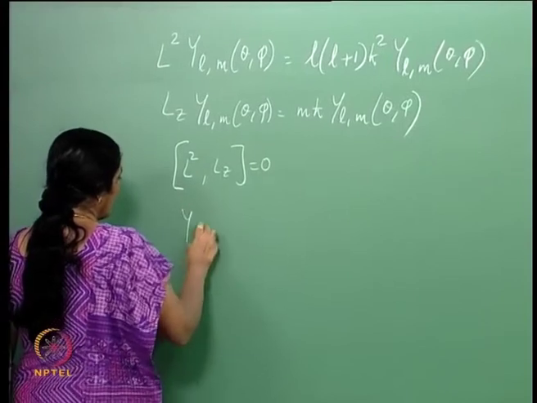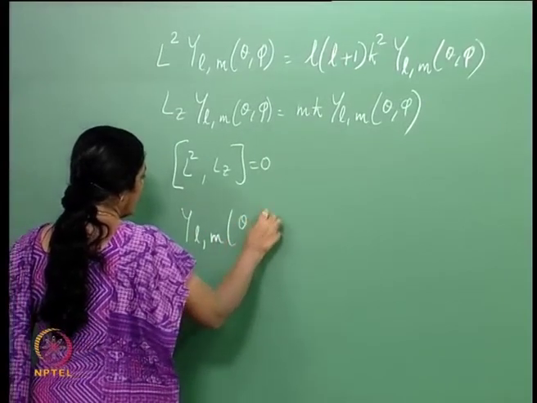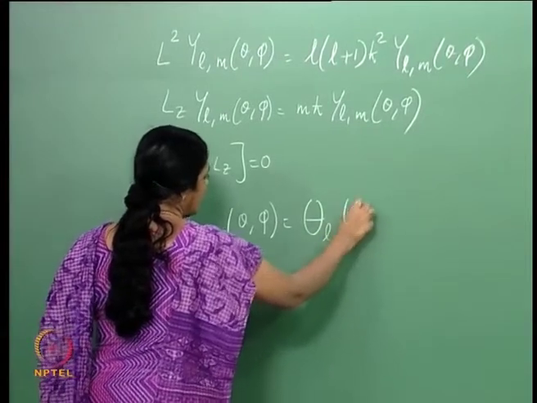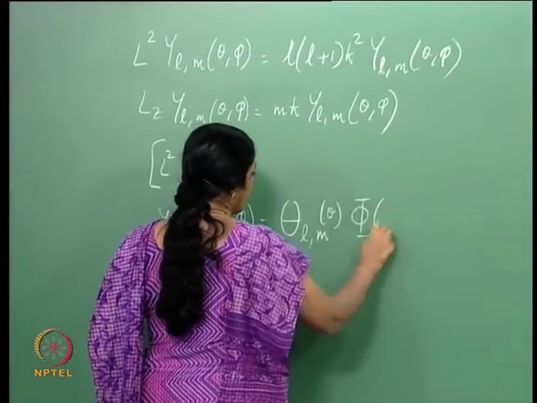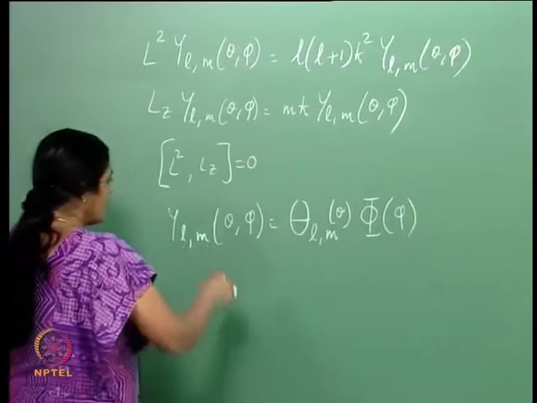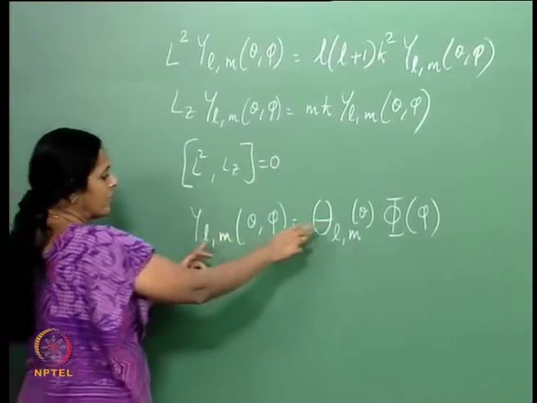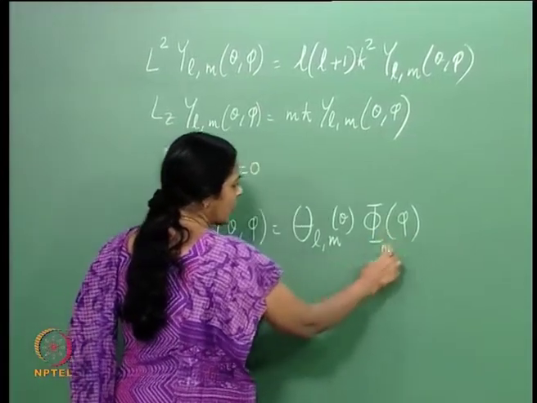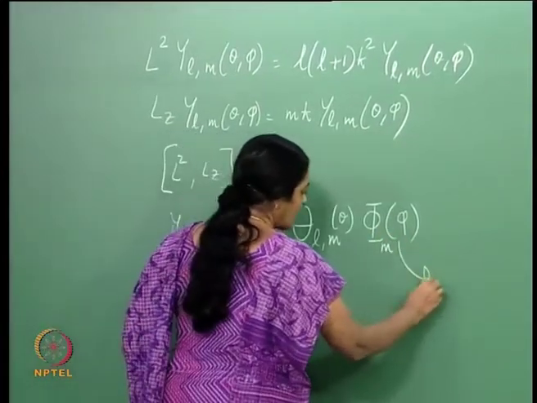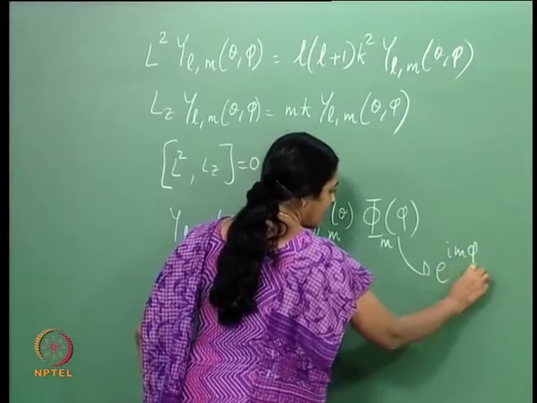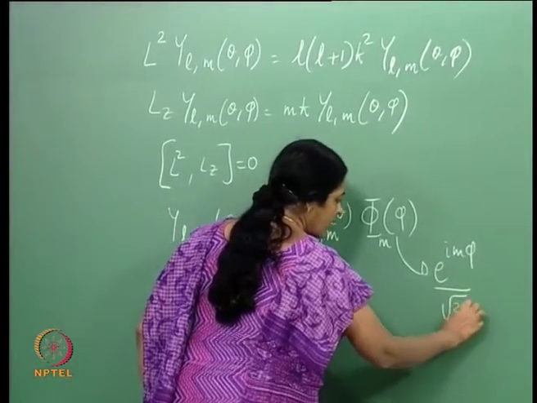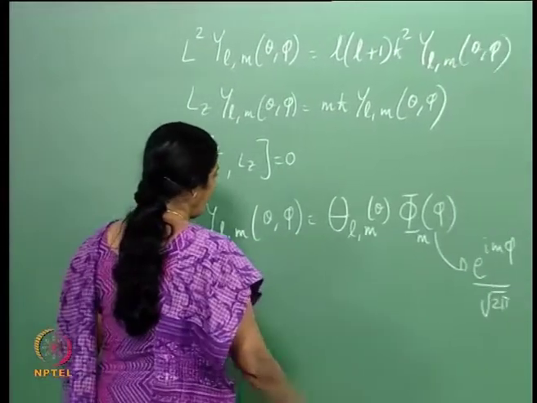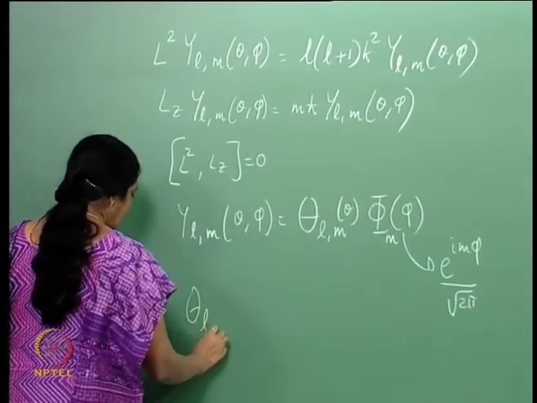Now, really, in my notation, this was some Theta_Lm(theta) Phi(phi). So, this is the way the wave function separated, and we had shown actually we should write Phi sub m of phi, because this object is e to the i m phi. You normalize it by putting root 2 pi downstairs there, and Theta_Lm(theta)